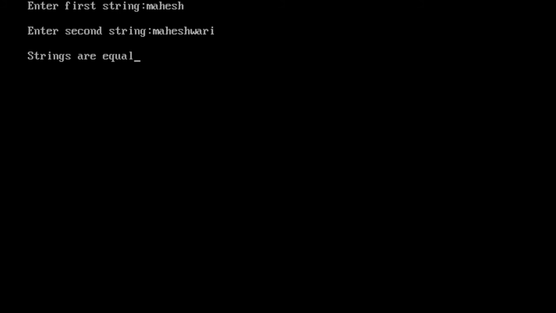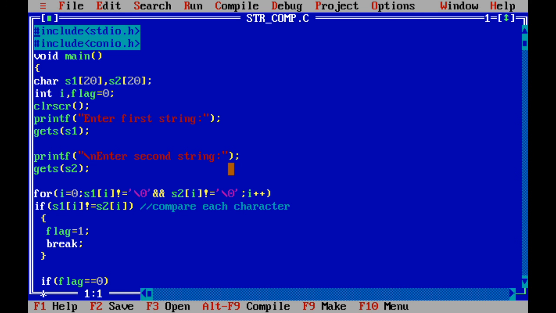So till the end of first string, all characters are same in second string. But second string is not terminated because second string is still left. Because there are 4 more characters in a second string and those are not compared. So that is the need to change this logic. Okay, so we will see that logic in the next video.